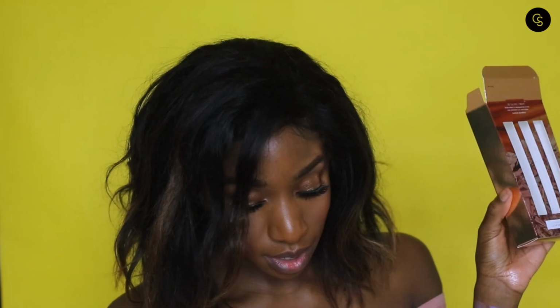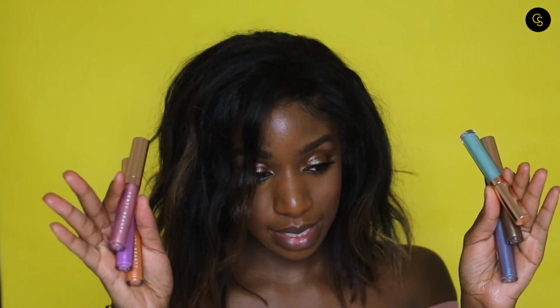From what I understand, the lipsticks are going to be sold in trios like this. Obviously, they're not in here. Here they are on my hands. What's this one called? There's Summer Nights and Summer Days, I think. So I'm going to go with Summer Days, and all the swatches will be in the app by the time